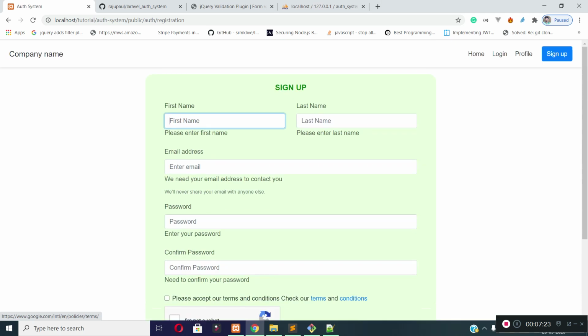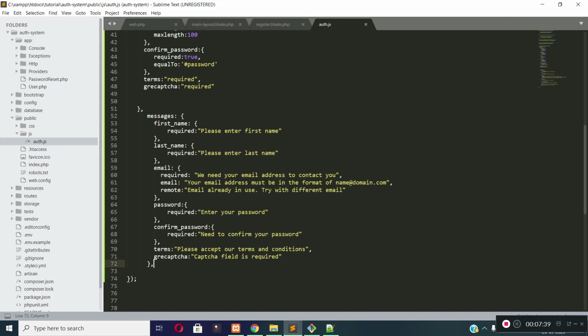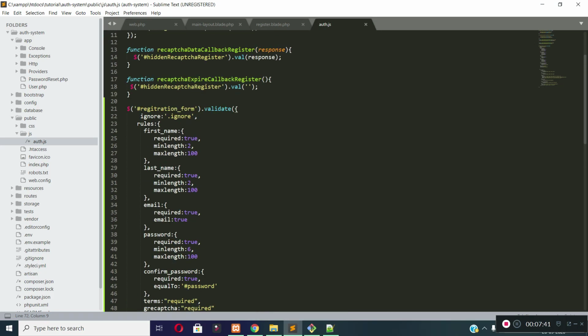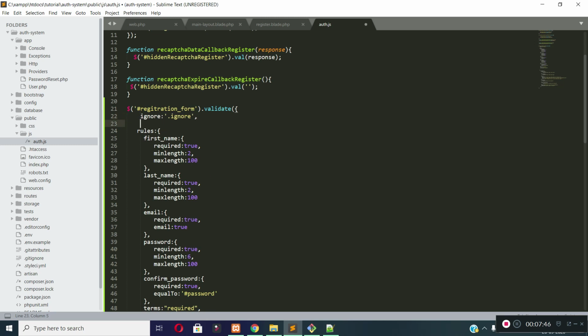Now I will change the color of this error text, and I will also add an invalid class to this input field, and make the error input field have a red border. First of all, let's add an error class for the error field.